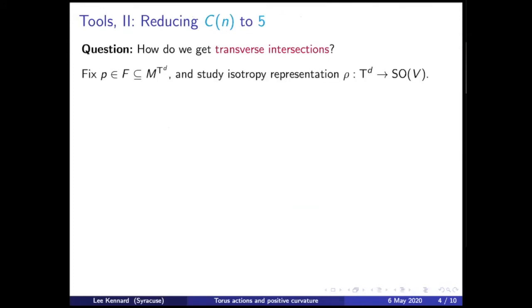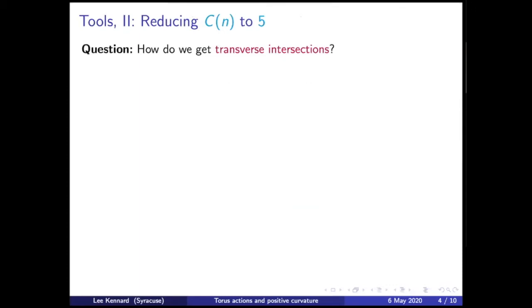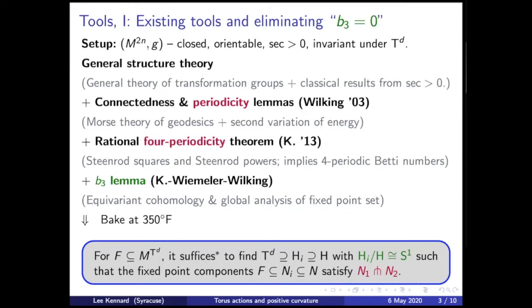So the way you do this, oh yeah. Would you mind going back again to that after baking? There. Yeah, so what is H, the isotropy group? Okay, so H, yeah, you can think of it that way. You can also just think of H as being a subgroup, and it's a subgroup of TD, so its fixed point set N contains the fixed point set of TD. All right, thanks. Okay, hope that helps.